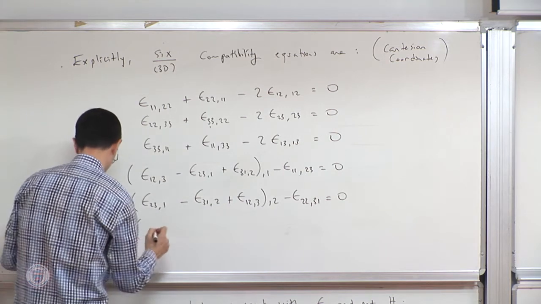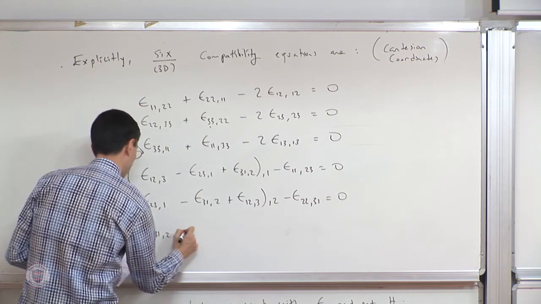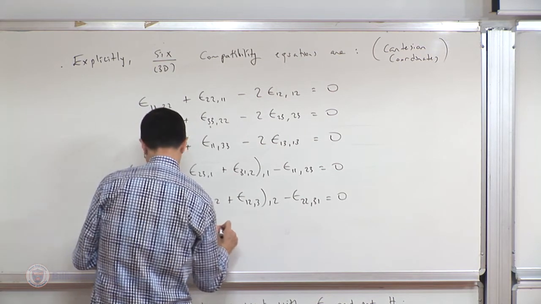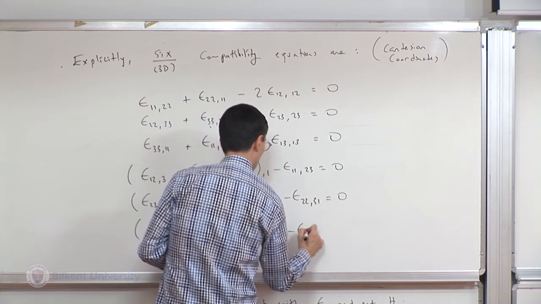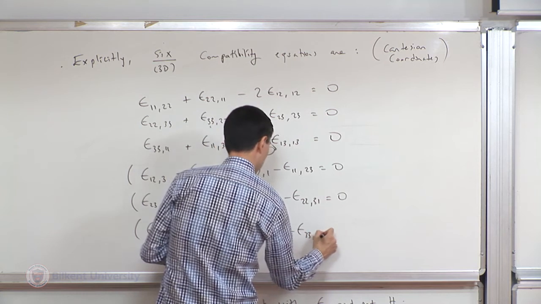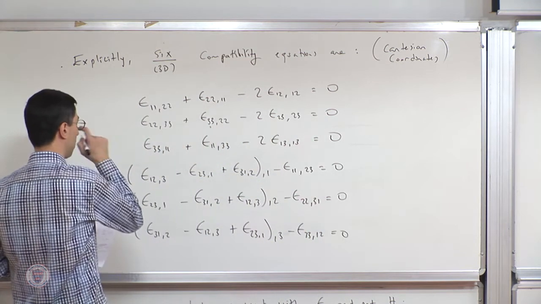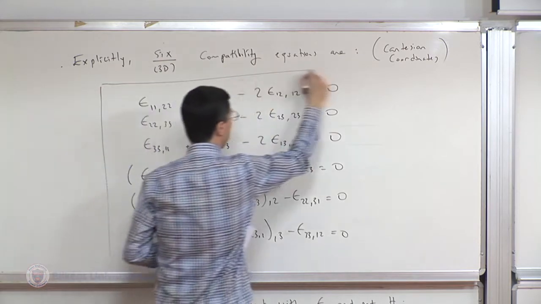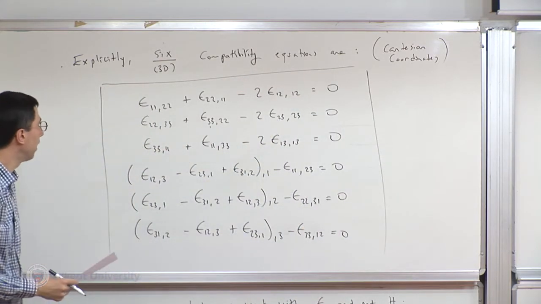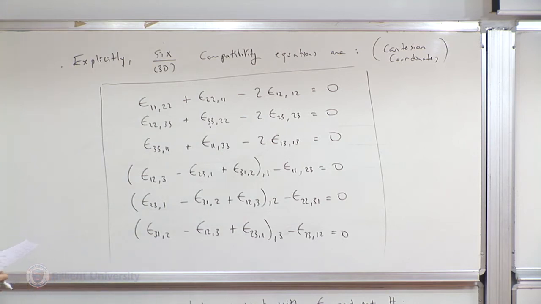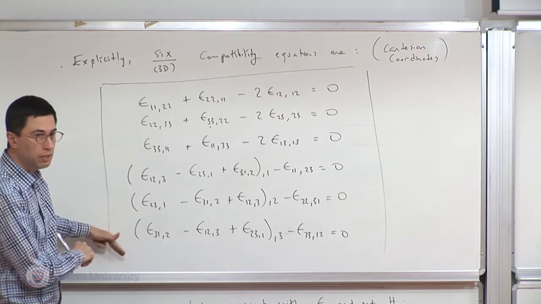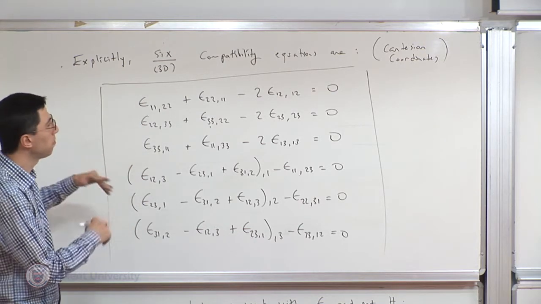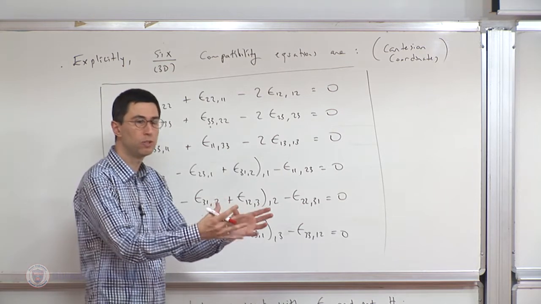Okay, and one more to go. So these are the 6 equations that we have. So this is in 3D. Again, in Cartesian coordinates, this is how it looks. If eventually we need it in a spherical coordinate system, I will tell you the one we need in the